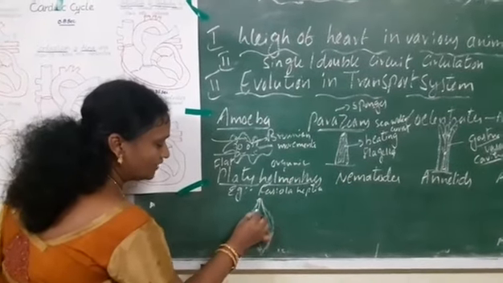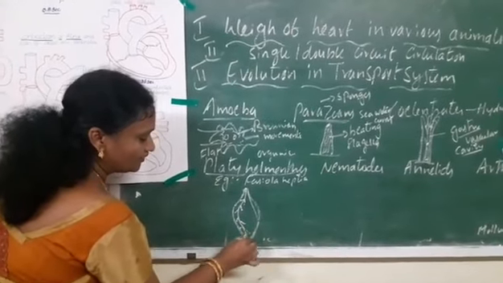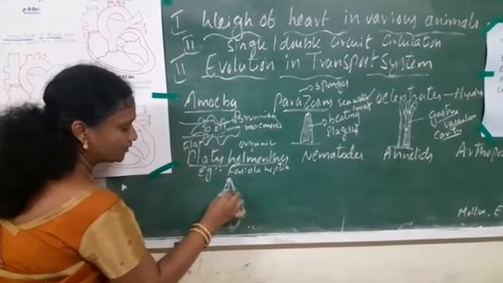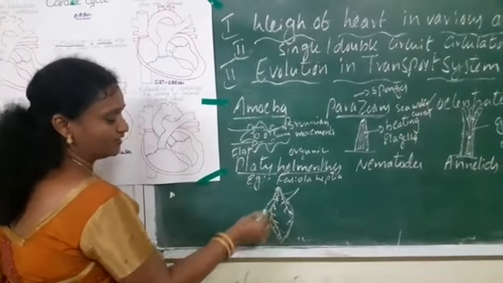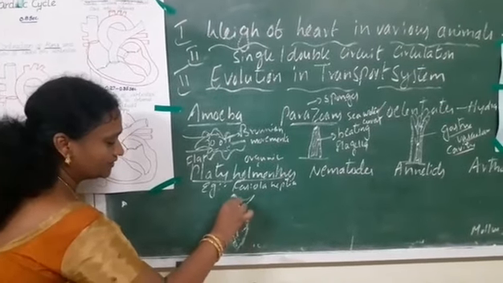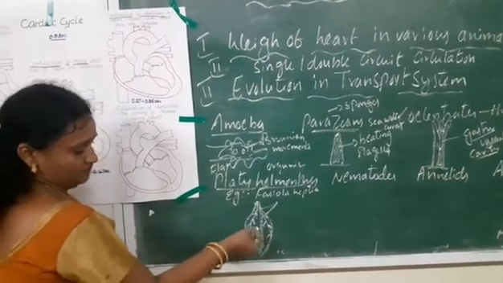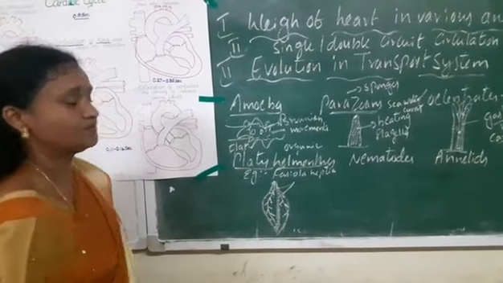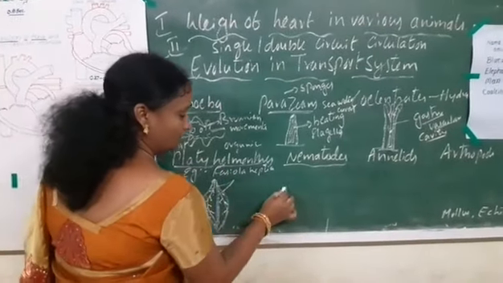that is blood vessels, which will be helpful for transporting the substance from one part to another part. The main organs for transporting these substances, food to various cells, and also for removing waste from the cells, these two branch structures will be helpful. And at the center, it also has the excretory organs. Almost all the body is filled with these branch structures and also the excretory material to undergo the process of transport system in platyhelminthes.